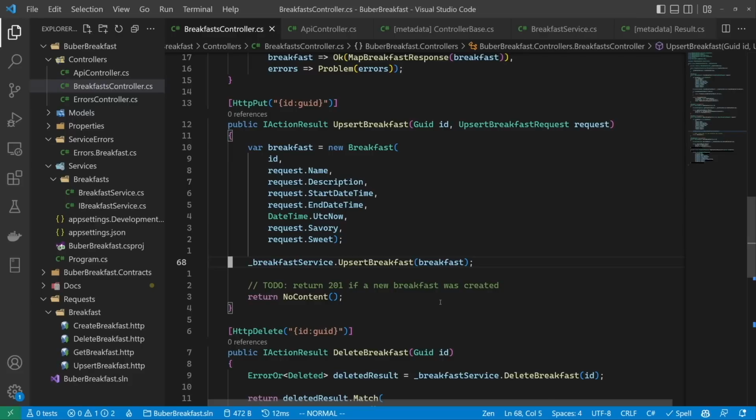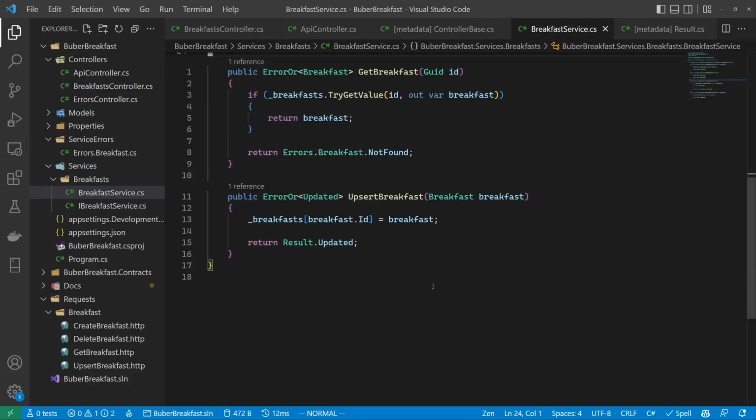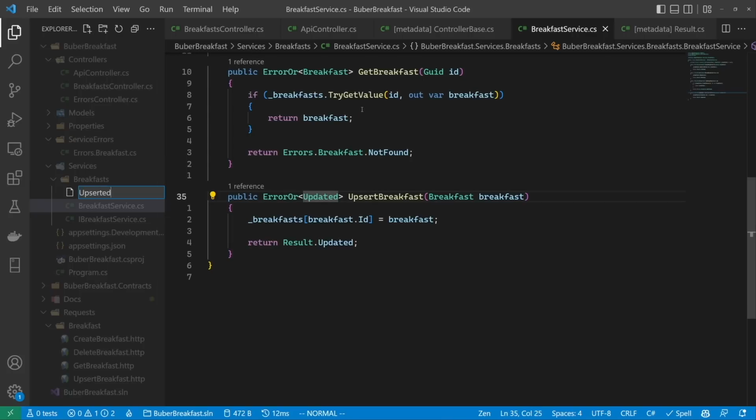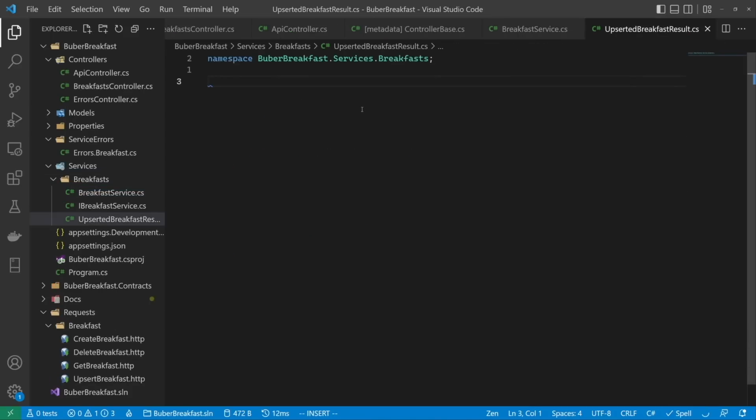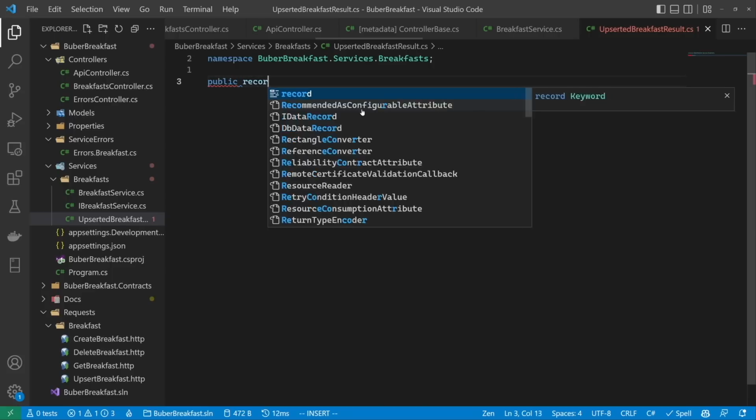And lastly, the upsert. So over here, if you remember, we want to return 201 if a new breakfast was created. Okay, so it would be nice if the upsert breakfast method could somehow tell us if it created a new breakfast or not. So to do this, what we can do actually is go over here and instead of returning error or updated, which comes from the error or package, we can create our own response model. Let's say something like upserted breakfast result. And this could be whatever we want. So for example, public record struct